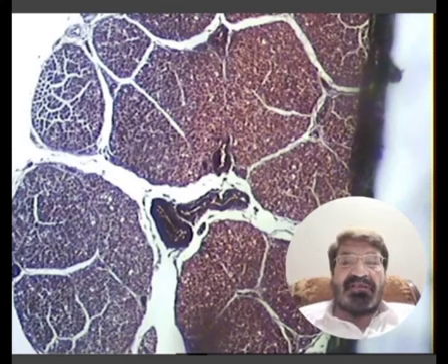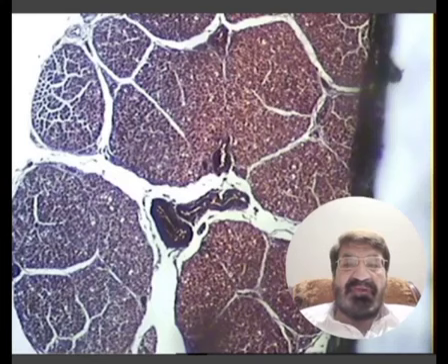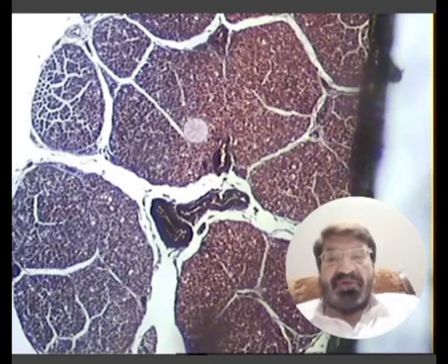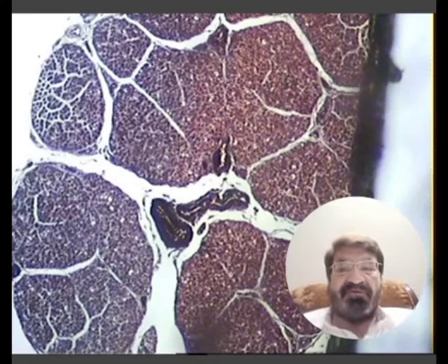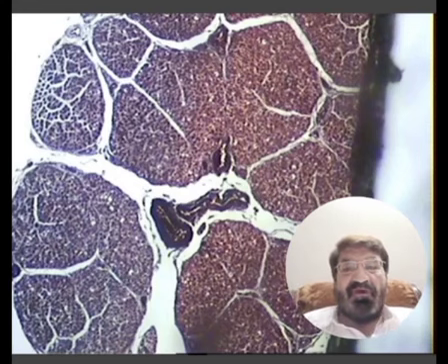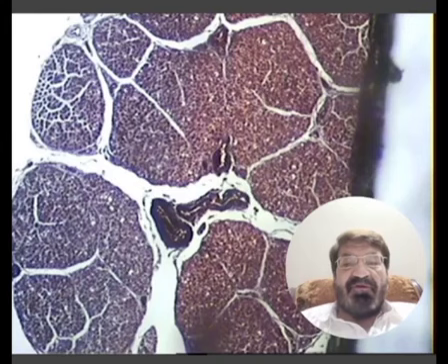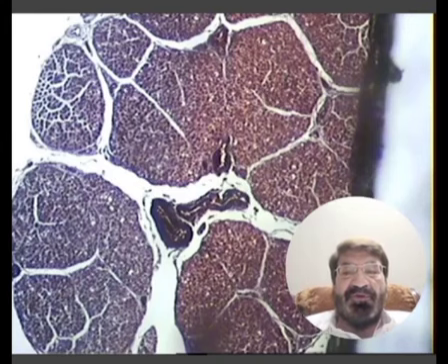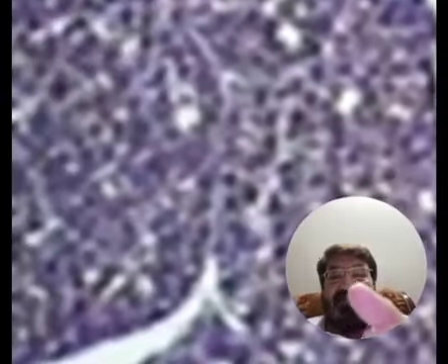So when we cut a section of the peripheral nerve, you will see that the nerve is composed of many funiculi. This is a funiculus, this is a funiculus, this is a funiculus. All these are the bundles of the axons. And axons are covered by their myelin sheath, and it is then surrounded by the endoneurium. Just see this. Let me magnify this.